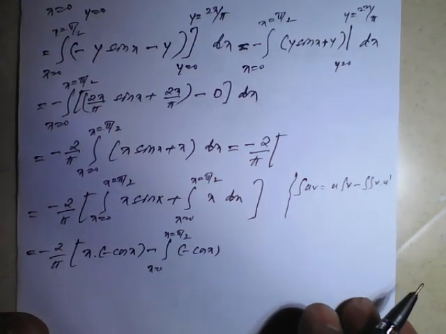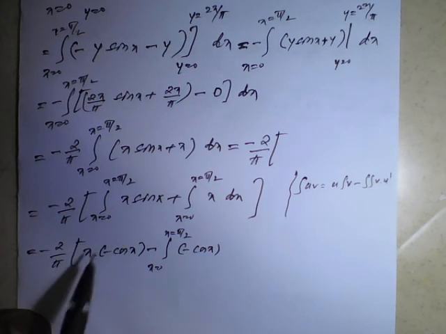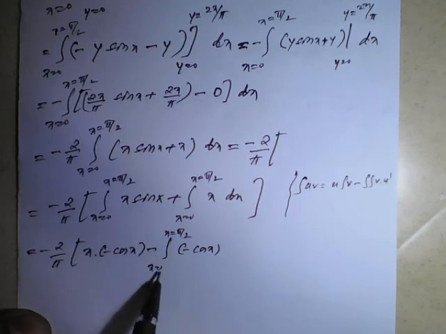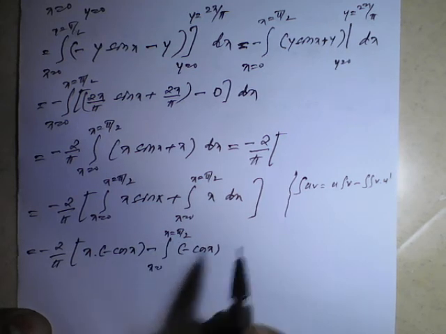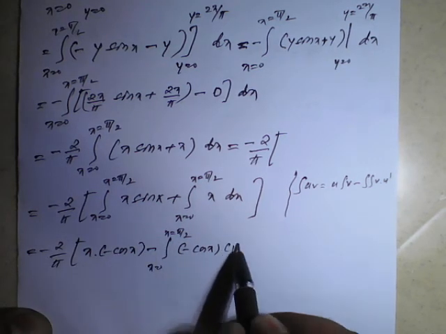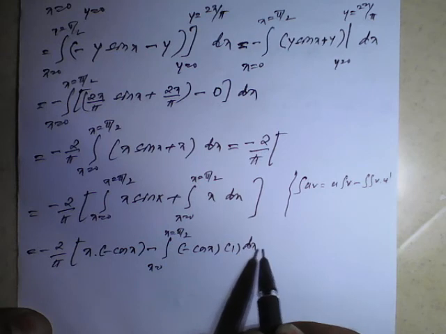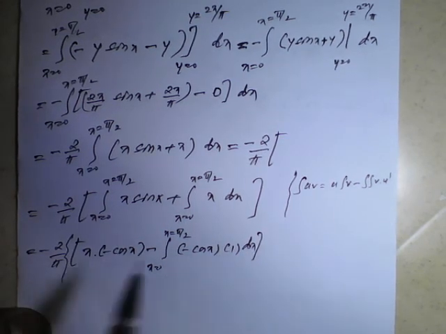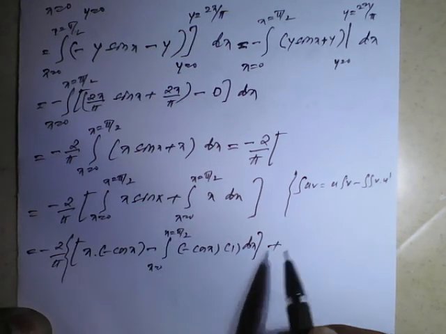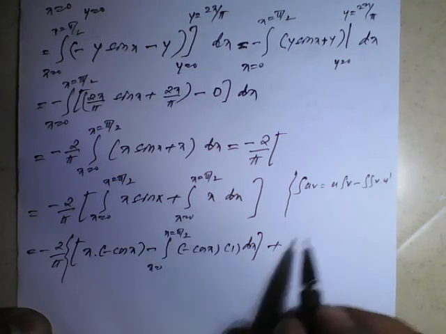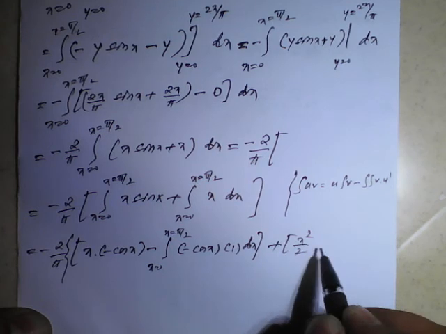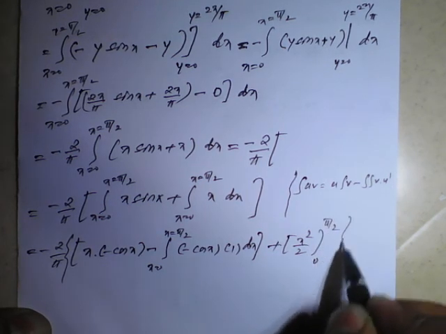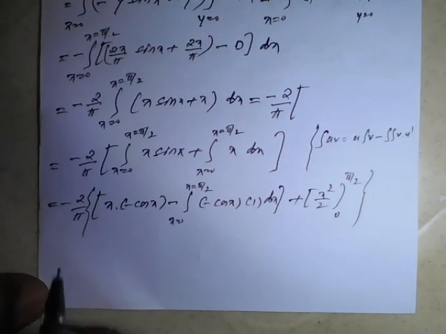So we need to apply that formula here. So that's why what we get here: I have kept x as it is, integration of sin x is minus cos x, formula minus integration of x from 0 to pi by 2 of minus cos x, differentiation of x is 1 into dx. Okay, so this completes the first part, plus the second one, integration of x is x square by 2, limit from 0 to pi by 2. So now the final simplification.